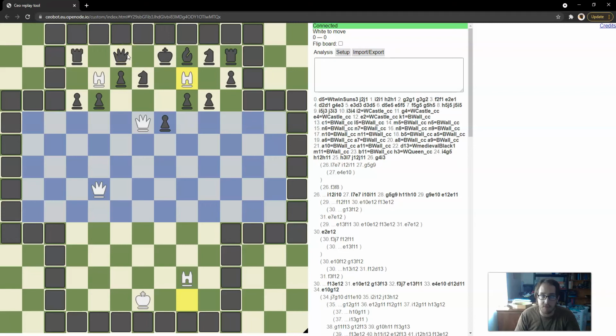Even something as simple as... yeah, this actually is a really good move. Because essentially this knight is going to die. And however it dies, it opens up the sun to come in and mess things up. Probably better lines involve something like sun over, bishop over, but